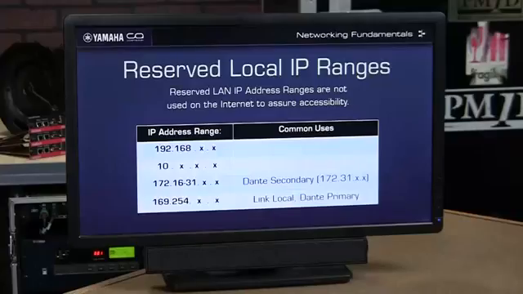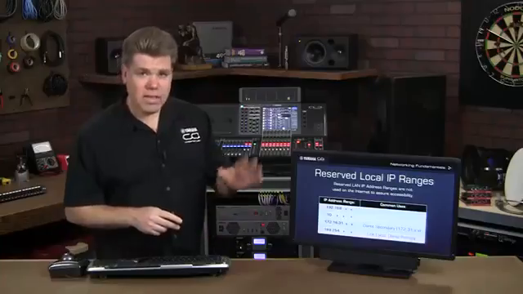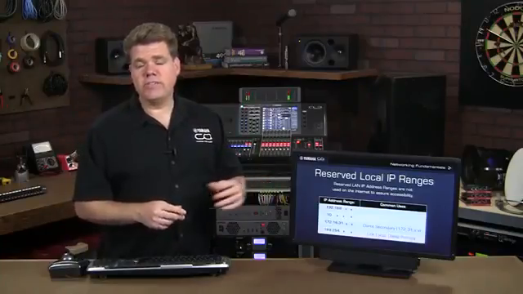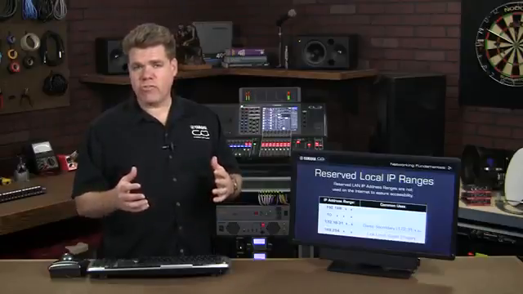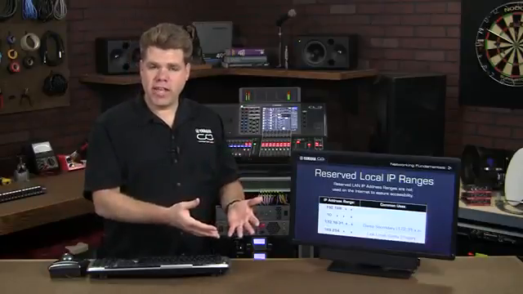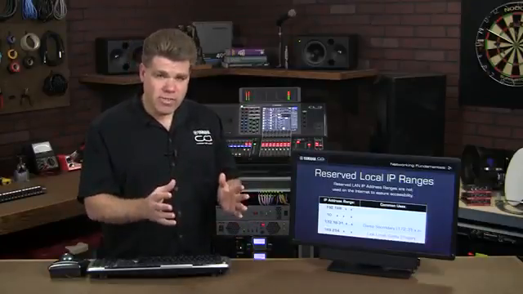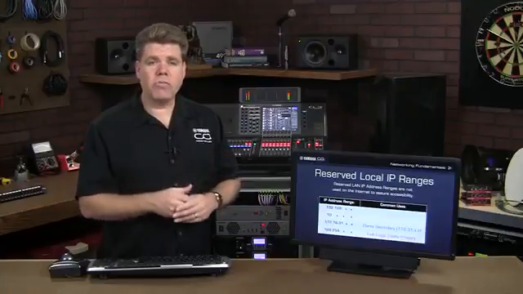But 172.anything from 16 to 31.anything.anything. And then we have 169.254.anything.anything. Now to the right side of this chart, you'll see I've identified a few applications that default into some of these LAN ranges. We'll talk about these in later videos, but I thought it would be worth bringing up